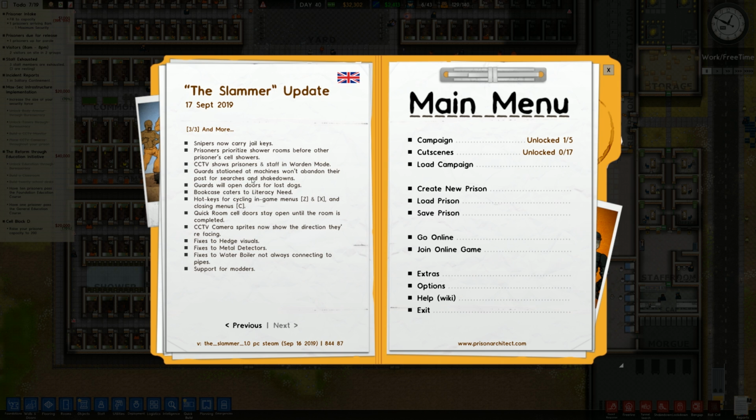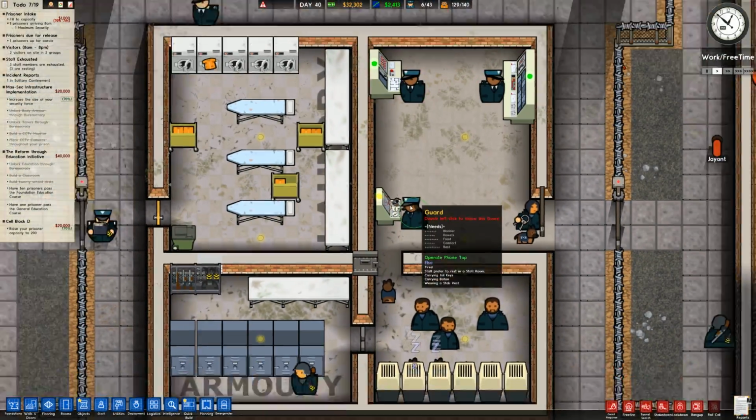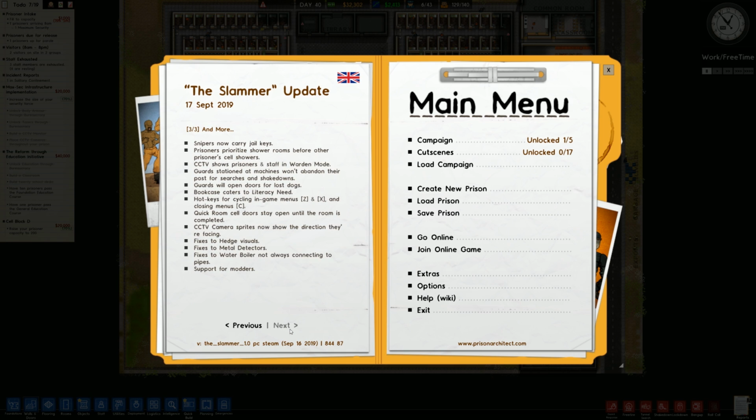What else? We got bookcases, caters for literacy need. Guards stationed at machines won't abandon their post for searches and shakedowns. So if we do a shakedown, these 3 guards should not move from their stations. I will believe it when I see it. Quick room cell doors stay open until the room is completed. That's pretty good. Fixes for hedge visuals, fixes to metal detectors, fixes to water boiler not always connecting to pipes,